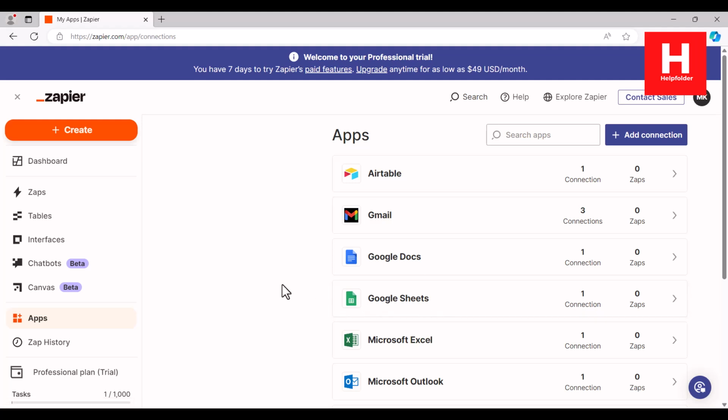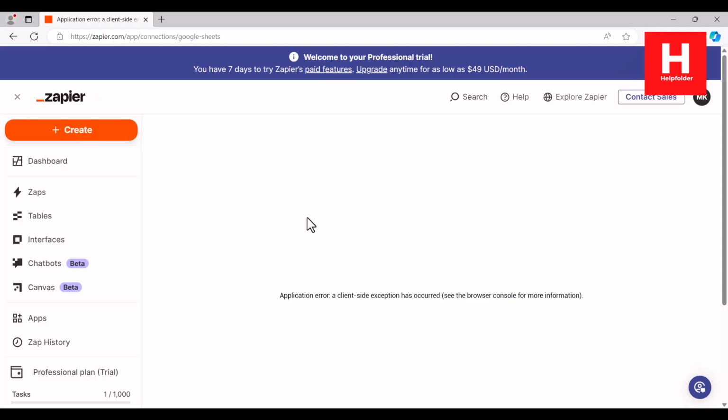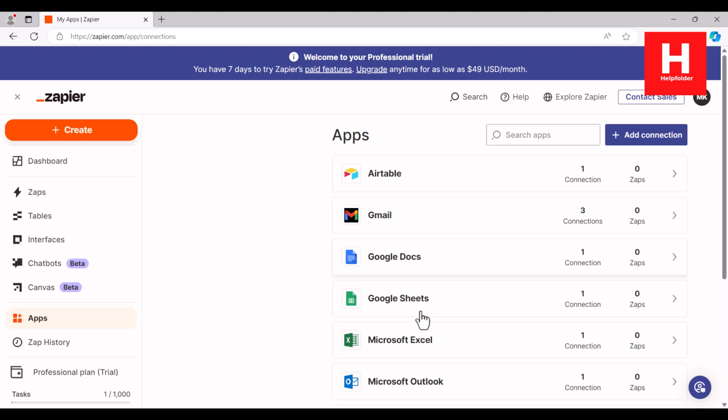Similarly, there is Google Sheets, right? So it does happen that sometimes it doesn't appear, but within apps it will appear like this, right? Now I want to connect the two, Outlook and Google Sheets. So I will go to dashboard,